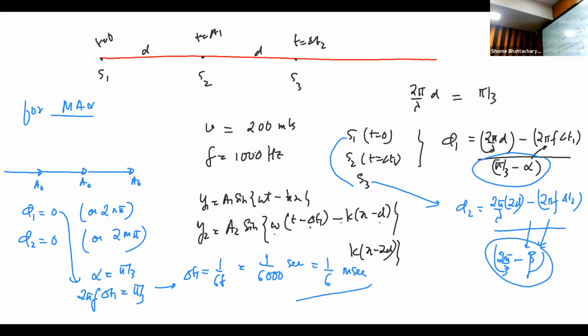So if I want to get away by giving minimum delay to these two sources, S2 and S3, but make the waves add in such a way that it's like a constructive interference, so that I'm getting the net amplitude as the sum of the three amplitudes, or in this case 3A0, then the time delays given to S2 and S3 for that maximum case should be 1/6 of a millisecond and 1/3 of a millisecond respectively.